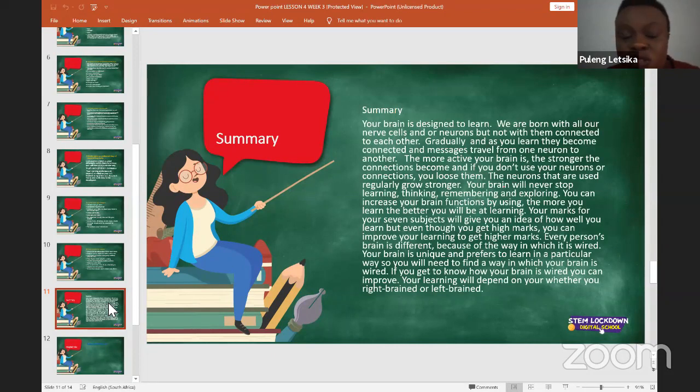You need to use them in order for them to be developed. The more active your brain is, the better it will get. The neurons that you use regularly will grow stronger, and the neurons that you don't use, unfortunately, you will lose them.